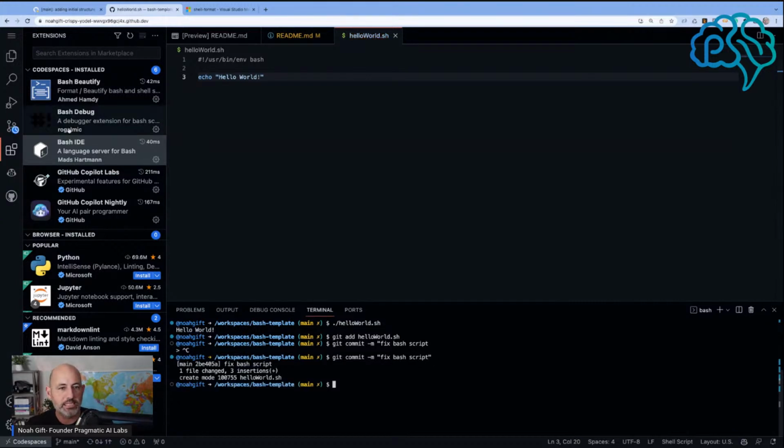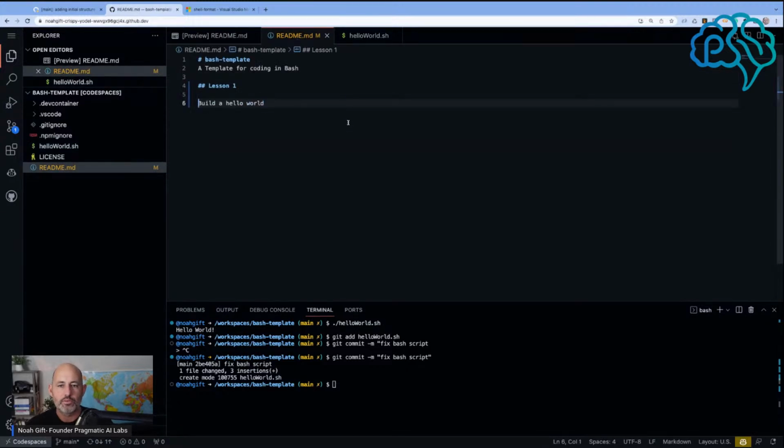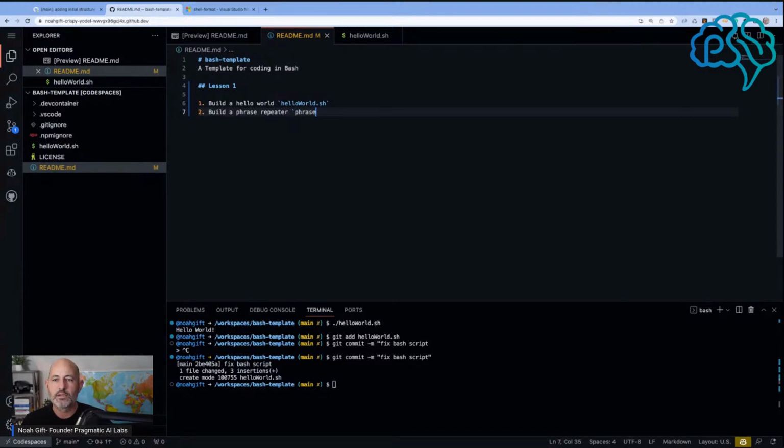I'd say probably the next thing to build is inside of a bash environment. So we got that. We have one, and that will be just hello world.sh. So probably the next thing to build after this would be a phrase repeater. So build a phrase repeater. This is kind of a classic repeater. And so we'll call this phrase.sh